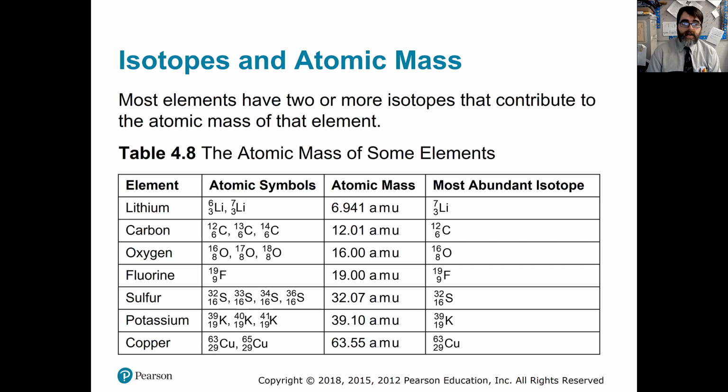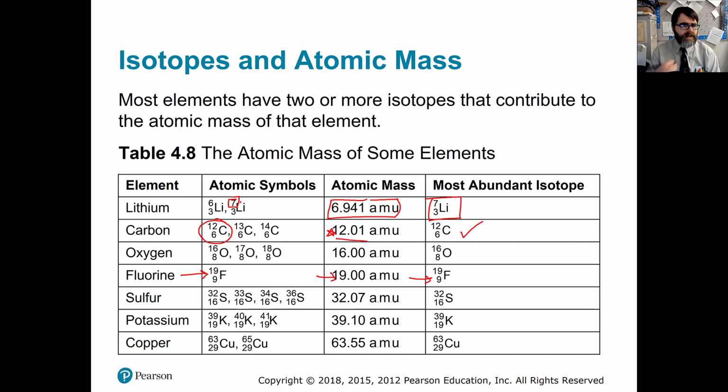Now, it turns out that when you have more than one isotope, and there are some elements that have only one isotope, and therefore their atomic number matches their mass number. When that's not the case, if we look at the mass number, as I just did a moment ago with the carbon 12 there, well, it has a mass of 12.01. That means that the carbon 12 version is the most common version of it. The symbol whose mass number is closest to the average atomic mass is your most abundant isotope usually. There are a few exceptions. You're not going to be asked any of those,